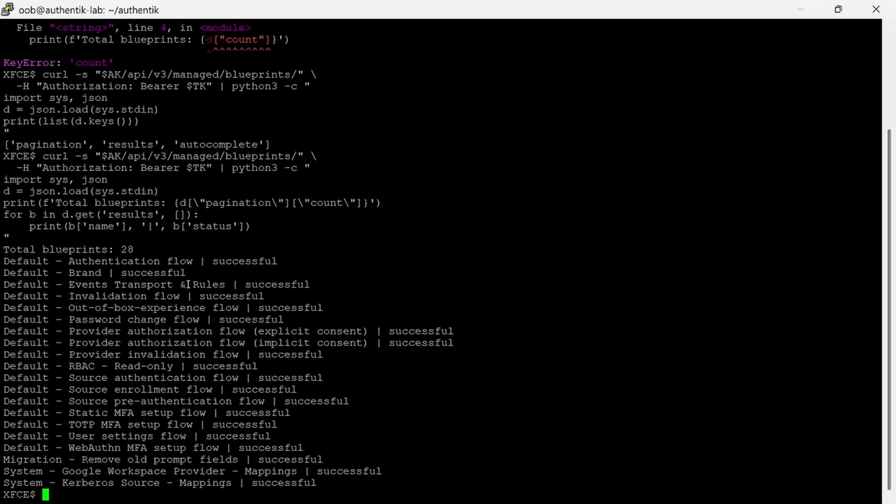Oh, so there's 28 blueprints in the system already. And okay, this is vanilla, and so that means Authentik will process every single one here. Okay, so we just proved we can hit that blueprints API, and now let's see if we can find a